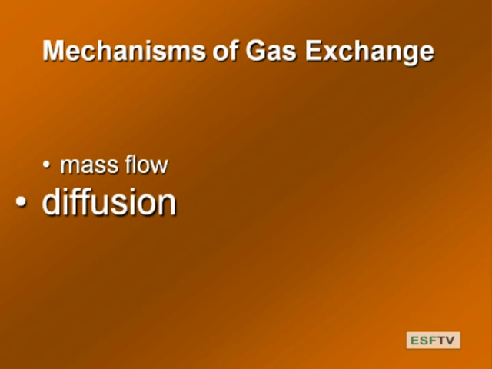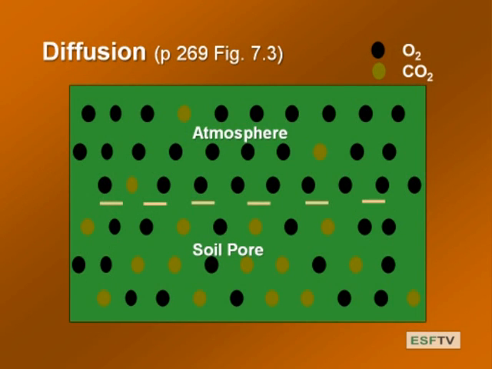So I guess we need to define diffusion. Okay? So diffusion is the movement of molecules to equilibrate a concentration across the gradient. So whenever there is a disequilibrium, there is always movement, and natural systems tend toward equilibrium.